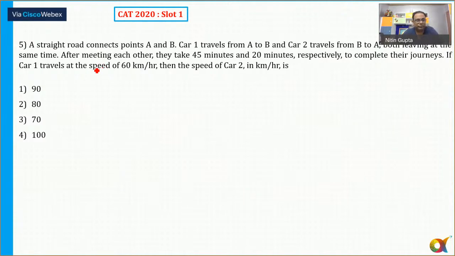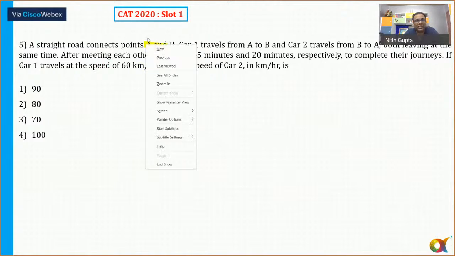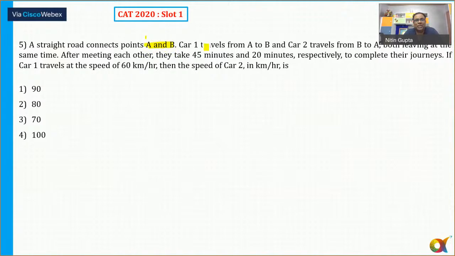A straight road. You can do it without using pen or pencil, in fact. A straight road connects points A and B. Car 1 travels from A to B and car 2 travels from B to A, both leaving at the same time. So both the cars started at the same time. And after meeting each other, they take 45 and 20 minutes. Okay. So after meeting, the time is given. So they started at the same time. So I can say speed of car 1 upon speed of car 2 is equal to time taken by car 2 after meeting upon time taken by car 1 after meeting,